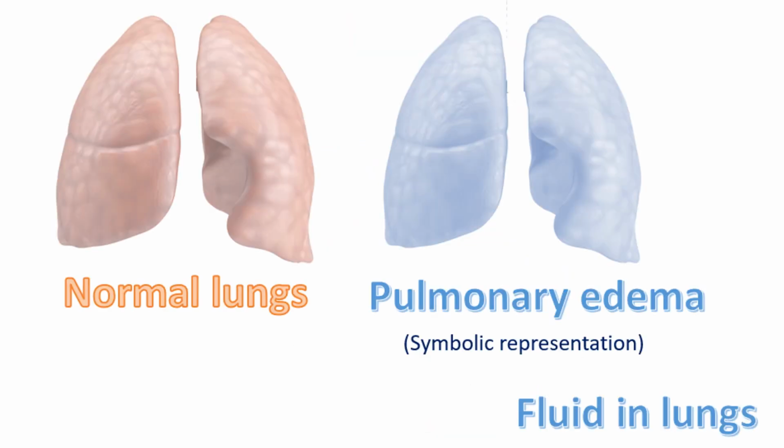Increase in pressure in the pulmonary veins leads to collection of fluid in the tiny air spaces of the lungs known as alveoli. This is known as pulmonary edema. Fluid in the alveoli makes oxygenation of blood difficult and the person becomes breathless. This occurs only in the late stages as the left atrium and left ventricle can enlarge and take the extra load initially without increasing the pressure within.